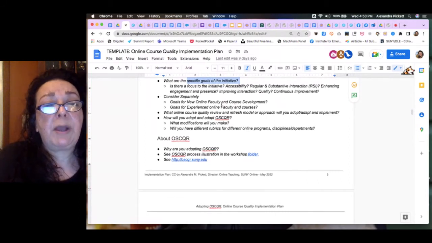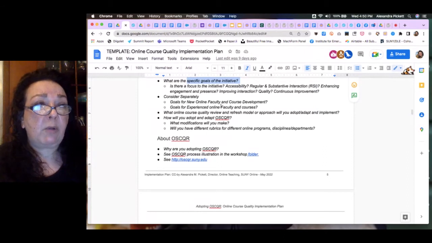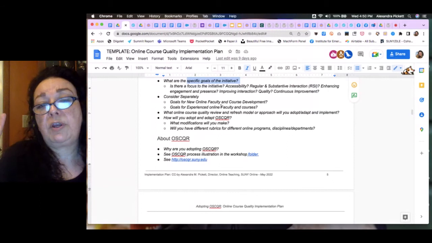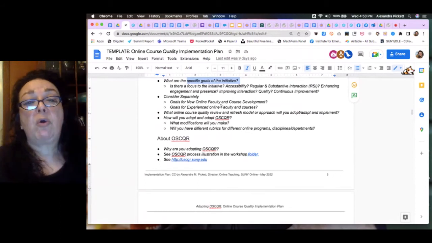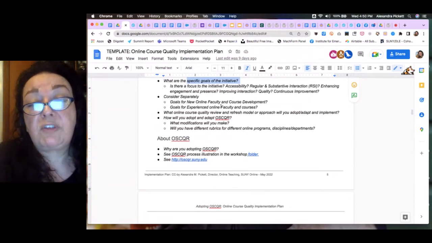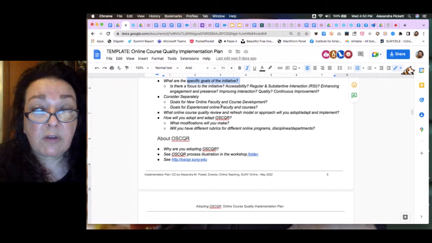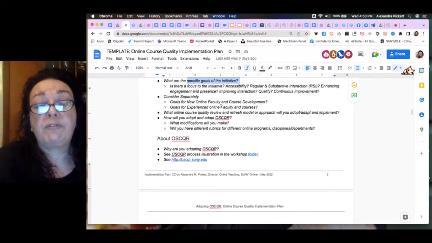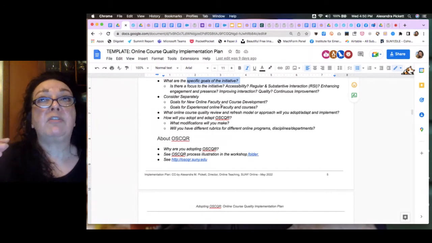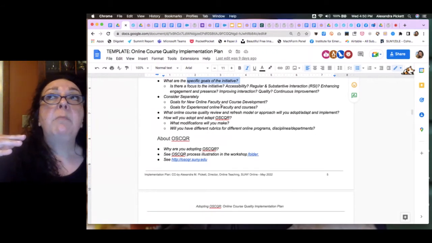You want to think about separately what the goals are and document what the goals are for new online faculty development as opposed to experienced online faculty courses and the faculty. So it might be that you're just focusing in on new online faculty and courses. It might, but I don't want you to forget about your experienced faculty, and that perhaps you might need to